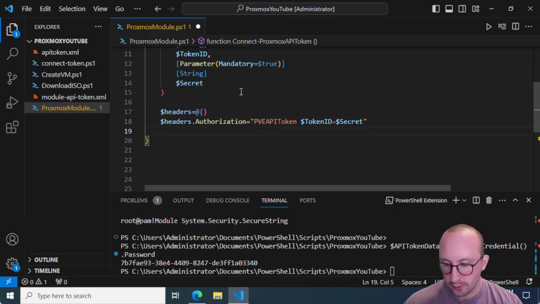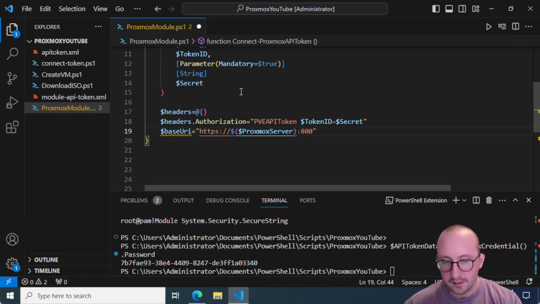And then what we're also going to do is we're going to create a base URI here. And we're going to make that equal to https:// we're going to do a variable wrapper here, and we're going to put the Proxmox server :8006. Now, what we could have even done in this case, we could add a parameter for port, but in my situation, we're going to leave it at 8006, and we're going to do a /api2/json here. And then what we're going to want to do as well is we're going to want a URI variable, and we're going to want to create that as the base URI